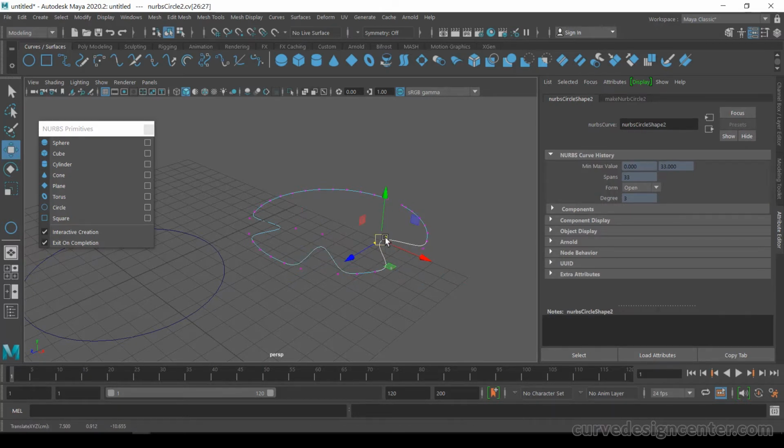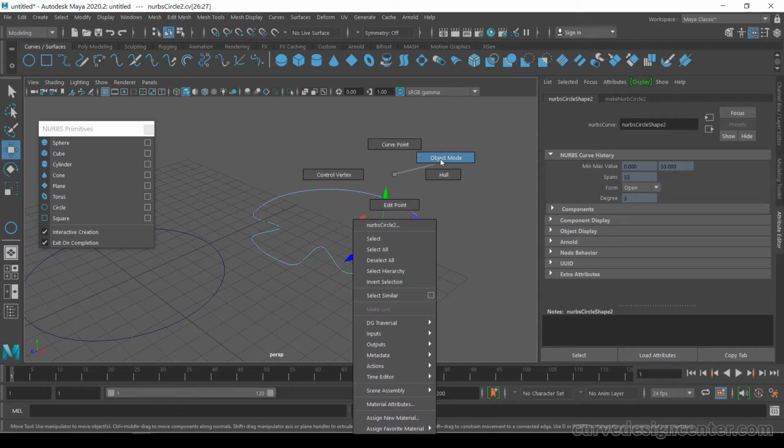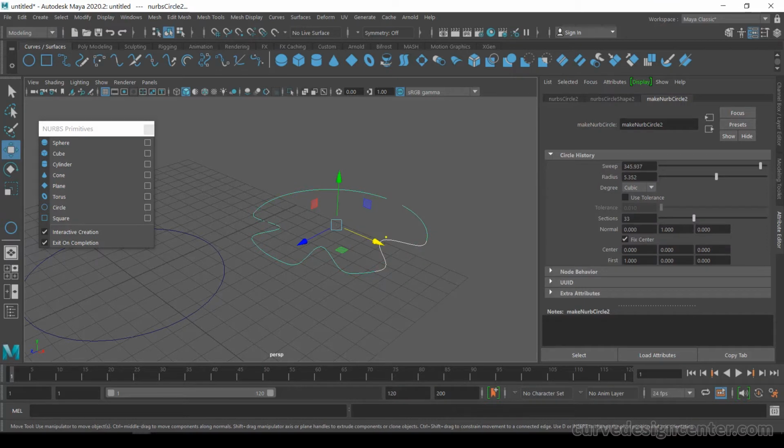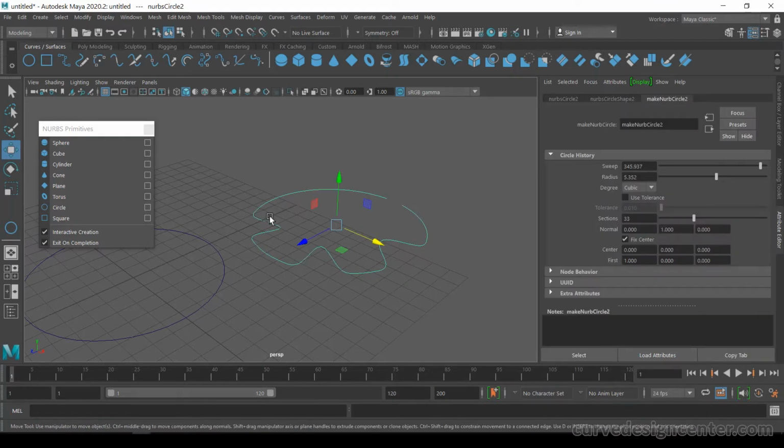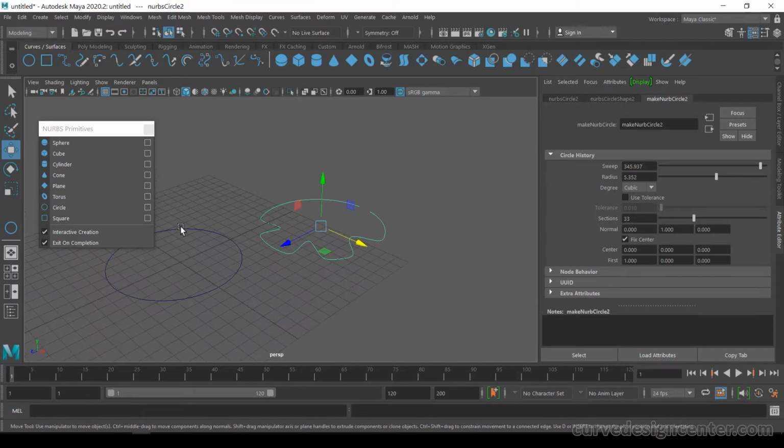For exit, right click and hold and choose object. So there are two methods of creating NURBS shapes. First is by using tool settings, and second is the interactive method.